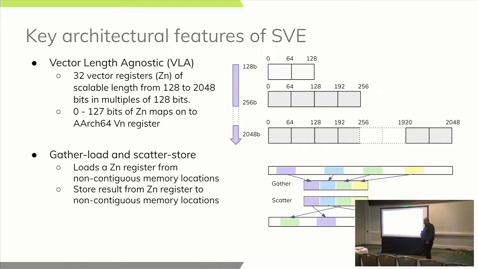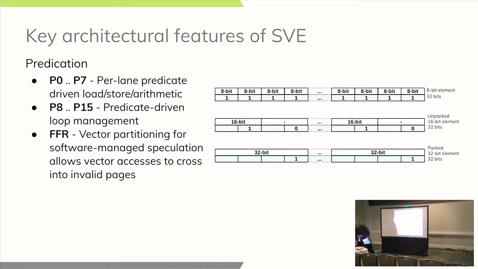Let's talk about some of the other features as well. An important feature is gather load and scatter store, which is basically the ability of instructions provided as part of SVE to load data into these vector registers from multiple non-contiguous memory locations, and then do operations on that data and then store that data to multiple non-contiguous memory locations. The addressing mode and relevant instructions are provided in the SVE instruction set